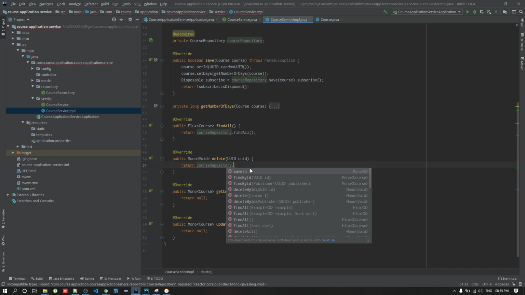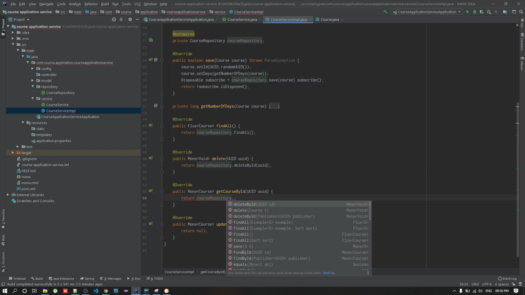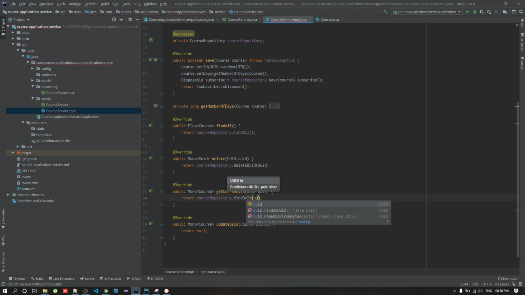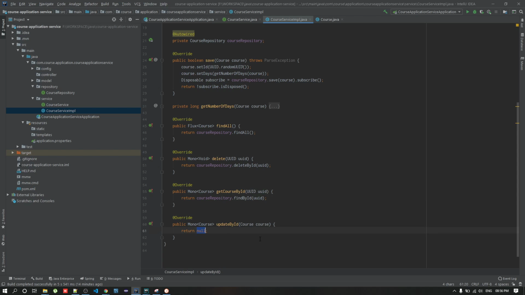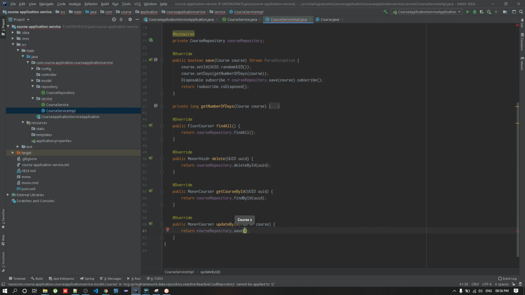Course dot delete by UUID. We will get the course find by ID. We'll use it based on the ID. And the save will be for both.